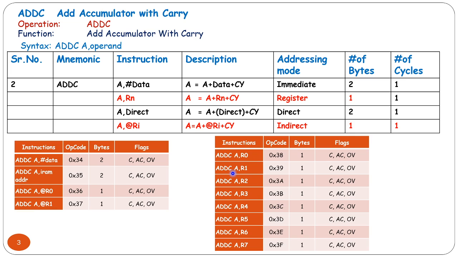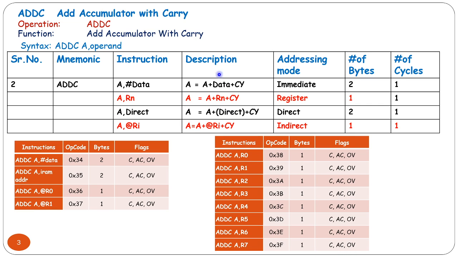The content of the carry flag plus the content of general purpose register R1 is added to the accumulator, and the result is stored in the accumulator. Like this, the last instruction is ADDC A, R7: the content of the carry flag plus the content of the R7 register is added to the accumulator, with operation code 3FH in hexadecimal. The flags changed are the carry flag, auxiliary carry flag and overflow flag.